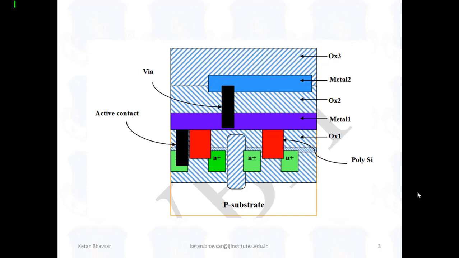Now, as you can see, it's a 3D view of our fabrication technology when we are talking about the fabrication of a MOSFET. Here you can see we are taking the P-type substrate area, polysilicon, SiO2 layer, metallic connections. Again we apply the SiO2 layer, metallic connection and SiO2 layer. With the help of this 3D view, we get a specific integrated chip, or we design a specific MOSFET, either PMOS or NMOS. This is a 3D diagram showing how the steps are carried forward one after another.